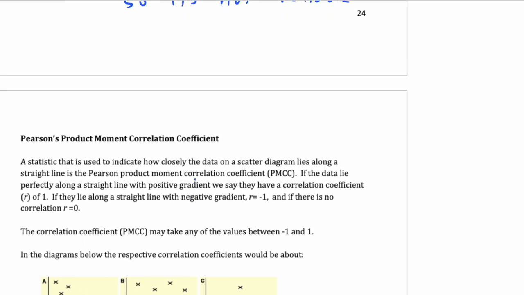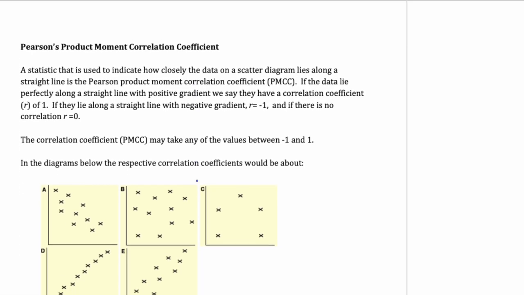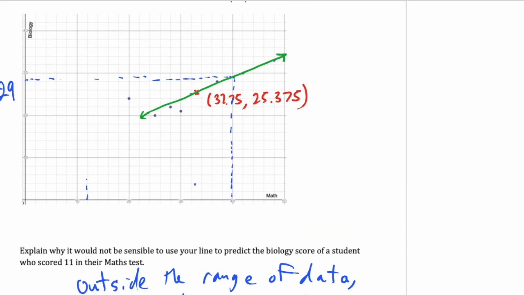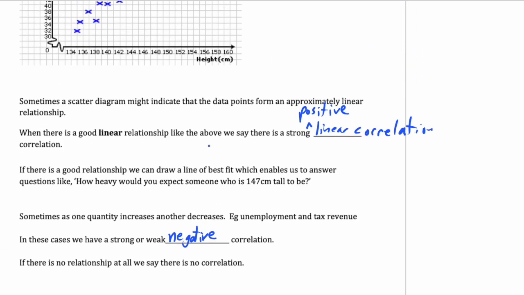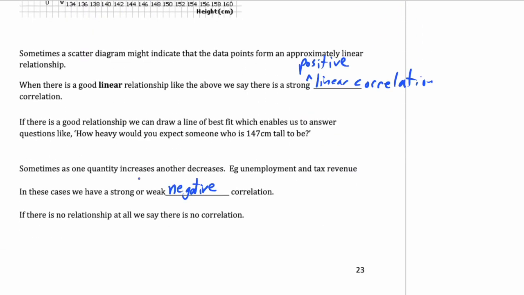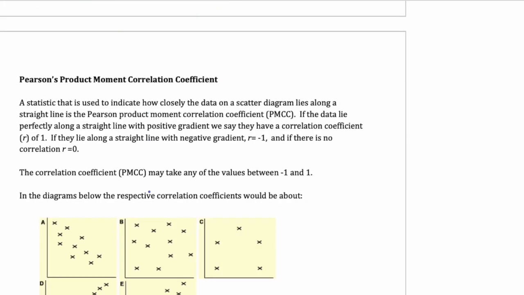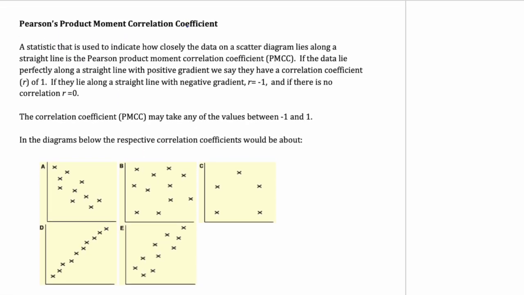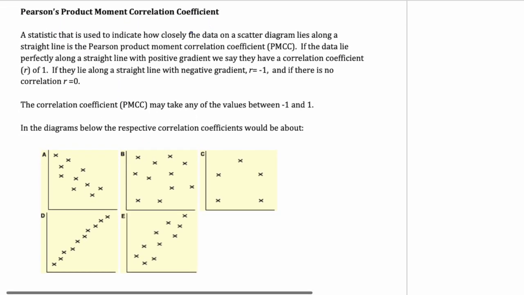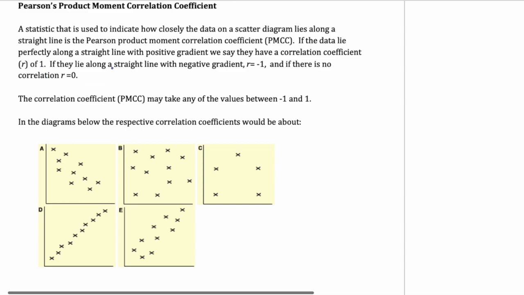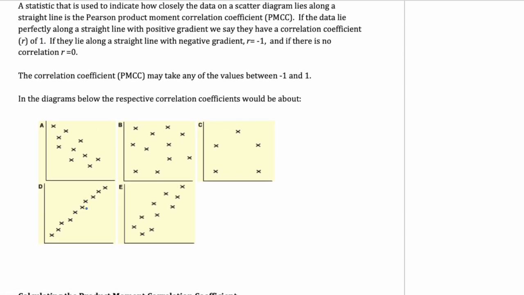Okay, next let's look at what your calculator can do to show you whether or not there is a positive or negative linear correlation. Your calculator can spit out a statistic for that. It's called Pearson's product moment correlation coefficient. Okay, if we're close to 1 or -1, there's a strong correlation. So for example, in this diagram in D, it looks very close to a line, so the correlation coefficient is going to be very close to 1. It's probably about